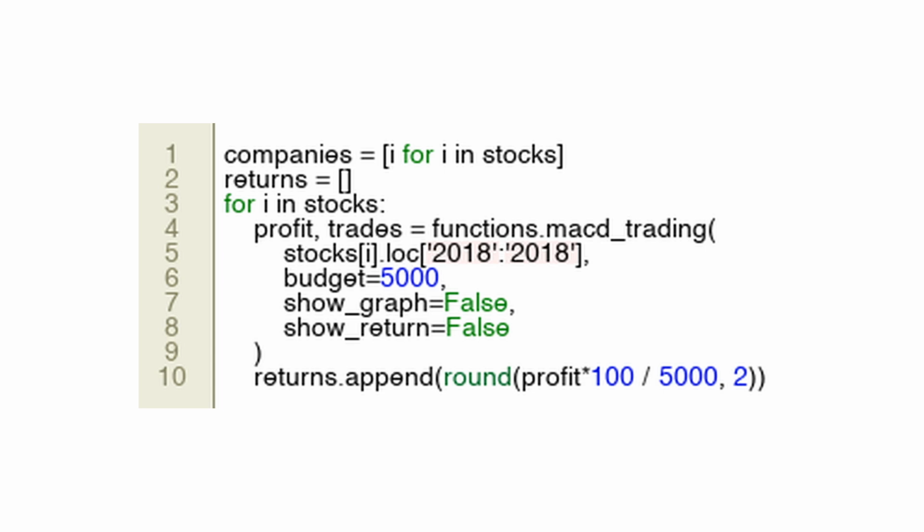After calculating the profit, the code appends the profit as a percentage of the initial budget to the returns list. This is done by dividing the profit by the initial budget, 5,000, multiplying by 100 to get the percentage, and rounding it to 2 decimal places. In summary, the code's purpose is to simulate the MACD trading strategy on a set of stock data for the year 2018, evaluate the profits in terms of percentage gain on the initial budget for each stock, and store these performance metrics in a list. The result is a list of performance measures that could be used to compare how well the strategy performed across